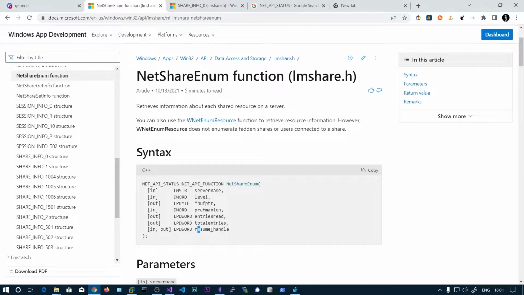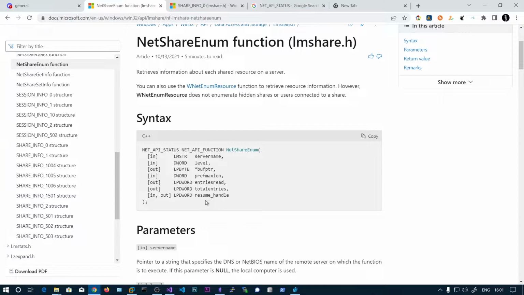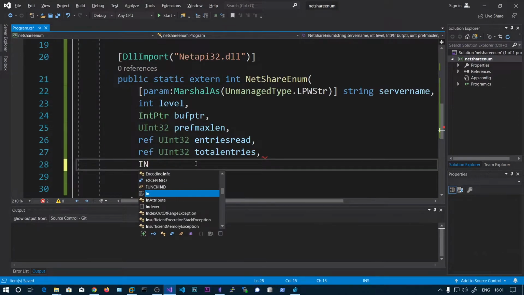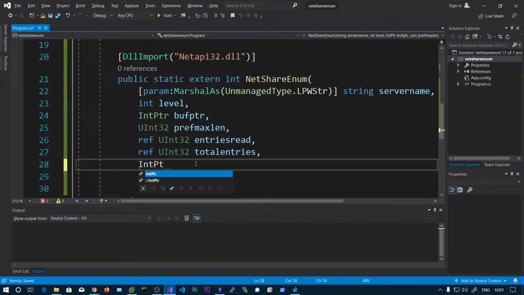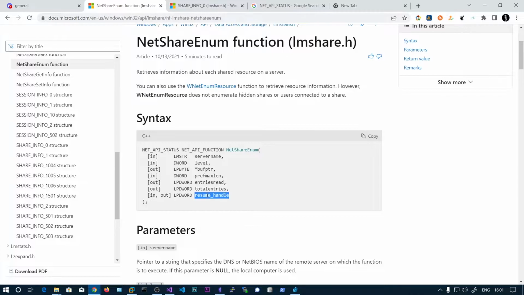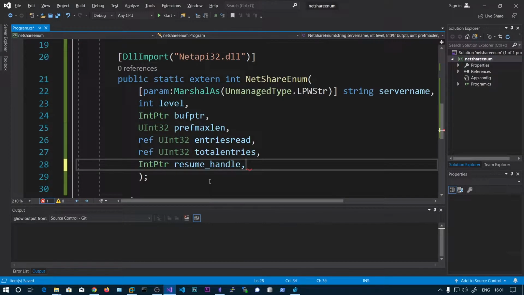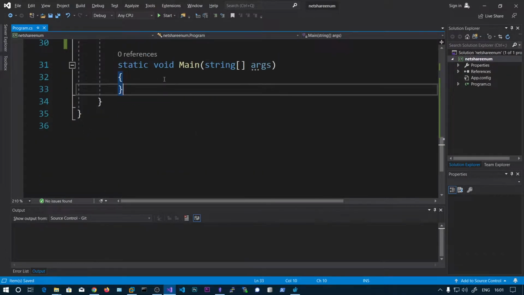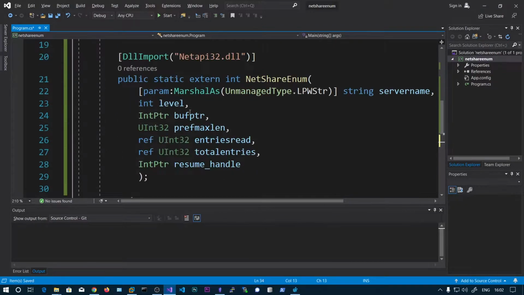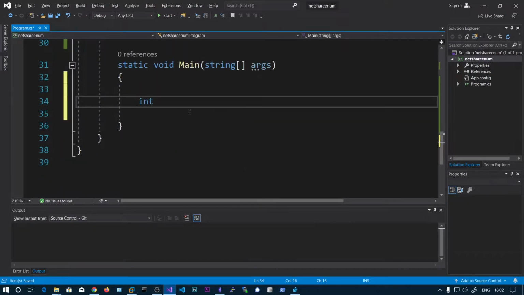And the next one is resume handle. If you want to continue searching through the shares, you can use this handle. For now, you can say null. Okay, this is our function. Now we can call this, and for the return type, let's say int result is equal to NetShareEnum of,